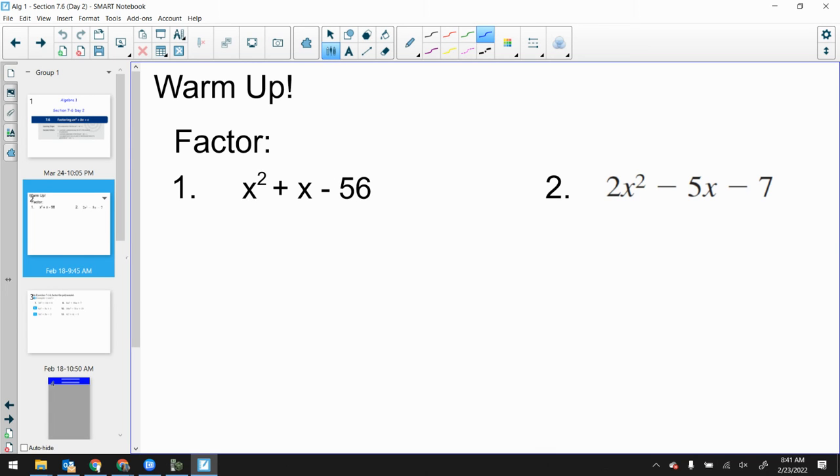And we're back. So just to clarify where we're headed and what we're doing, today we're doing section 7.6, day 2. Now, we are not learning anything new today. I take that back. One little new piece, just for a very specific type of problem. But most of today is going to be a review of yesterday and extra practice. Because I've got to be honest,